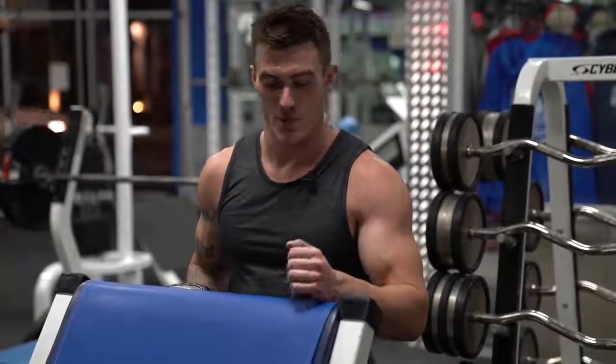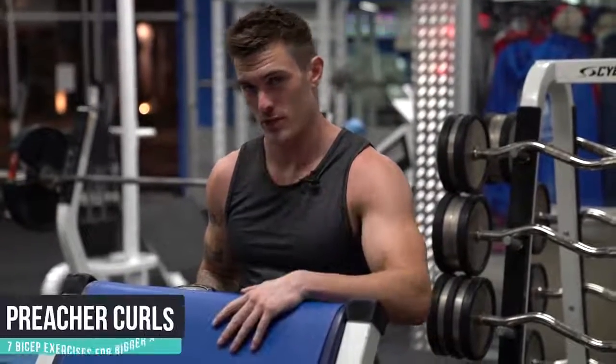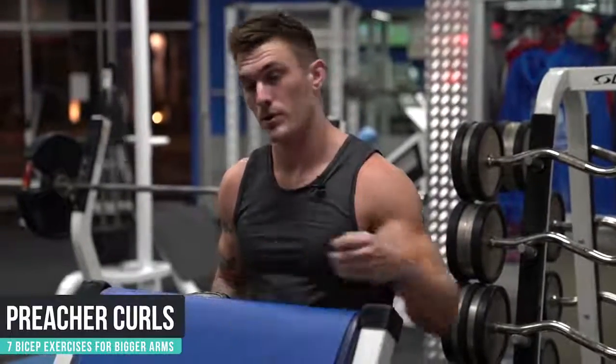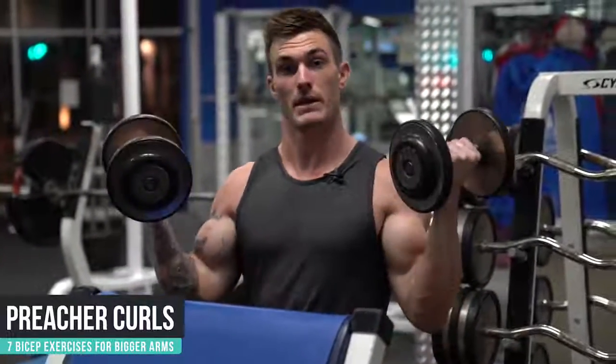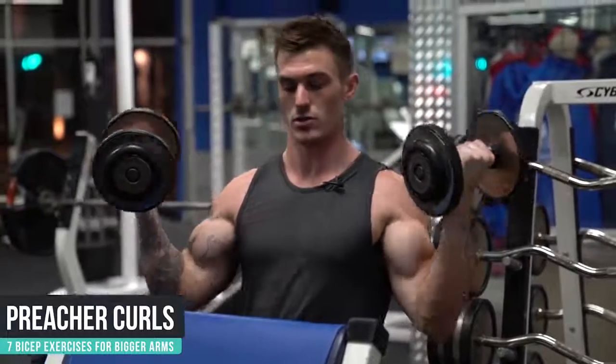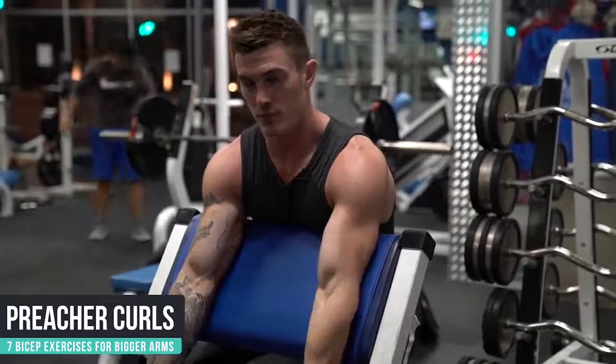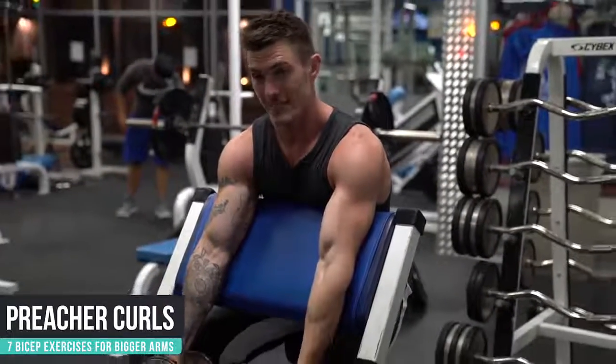All right, and the 7th and final bicep exercise is going to be a preacher curl. Now you can do these on the preacher curl machine. You can do these with a barbell. Personally, I like doing them with dumbbells because of the free range of motion. So what you're going to do is get into a nice position here. One thing you want to be careful of when you're doing this is when you do get down to the bottom,